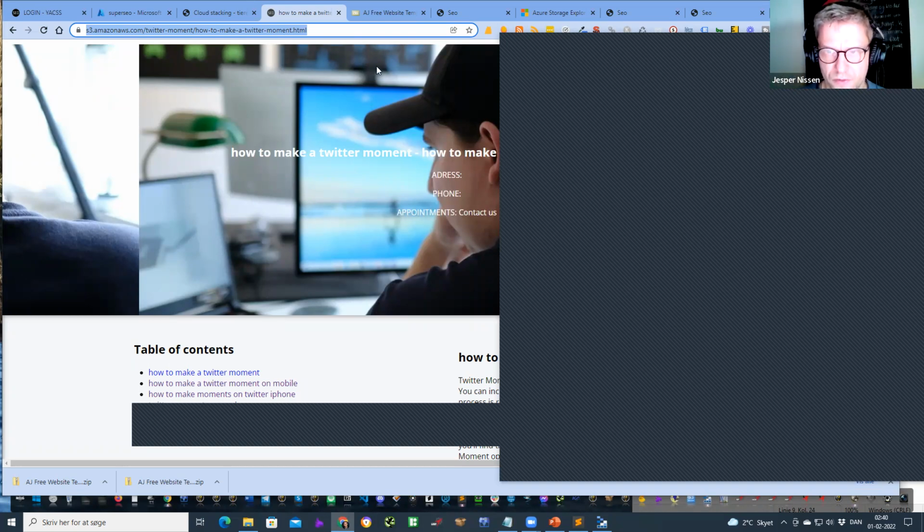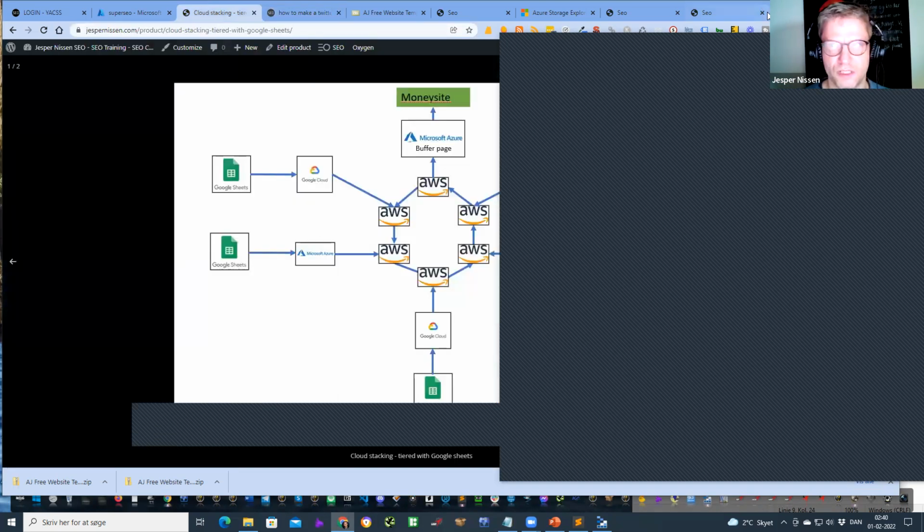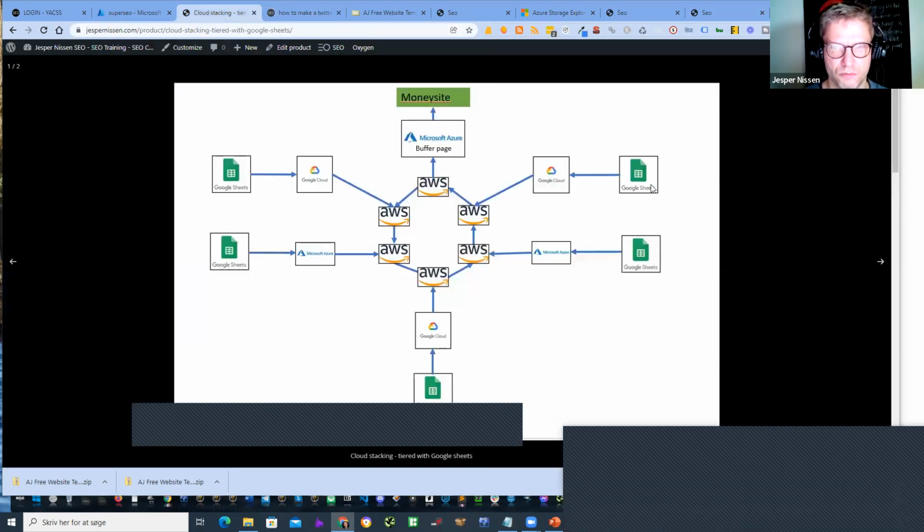As I said earlier, the Google Sheets is something that I do for my clients when I'm building these gigs. And it's also something that I'm doing for myself, of course. But the Twitter Moments and the expired Tumblr links, that's not something that I'm doing for my clients, because it's a manual process and it takes a lot of time. So it's not economically viable to do that for clients, actually.